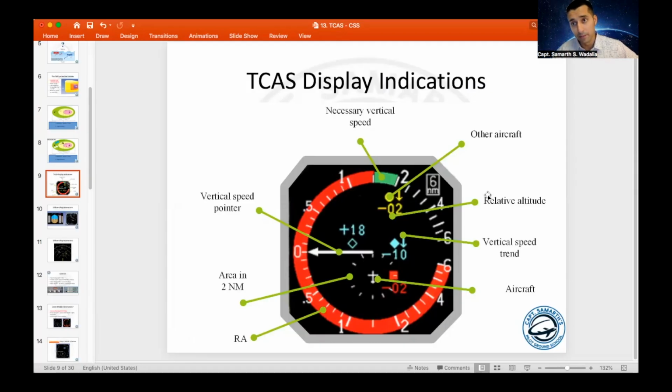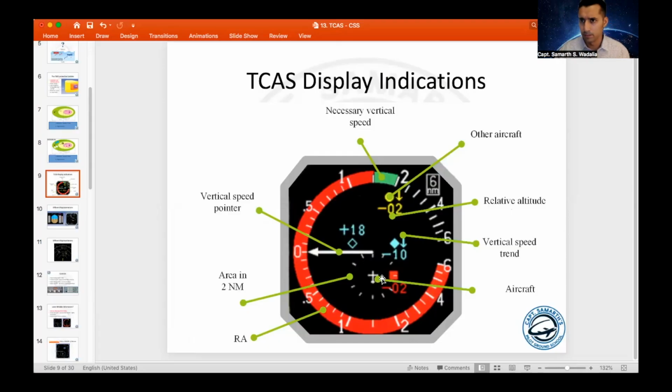What does that mean? It means this hollow diamond traffic within your vicinity is 1,800 feet above you. And of course, you can gauge his relative position with respect to you. He's about 10, 11 o'clock your position, in front of you,